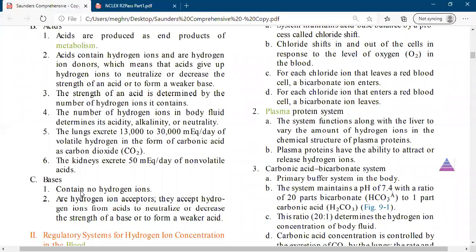Equivalent condition of acid and base, right? This is the neutral environment where enzyme can be active, because enzyme is important to start a chemical reaction and produce